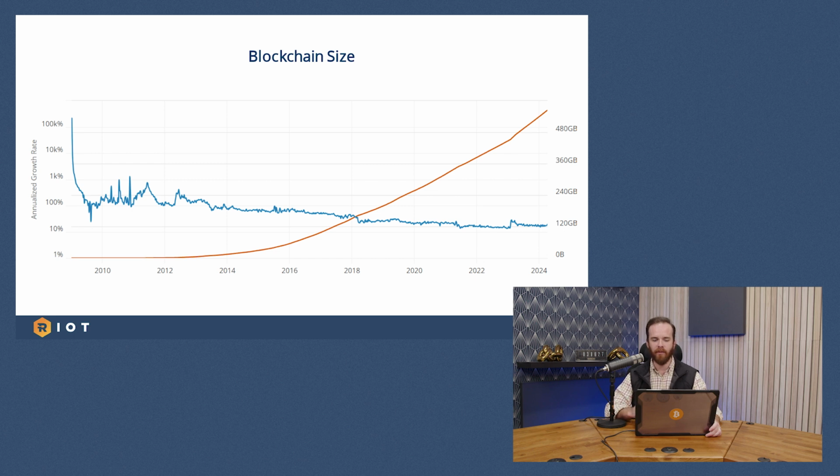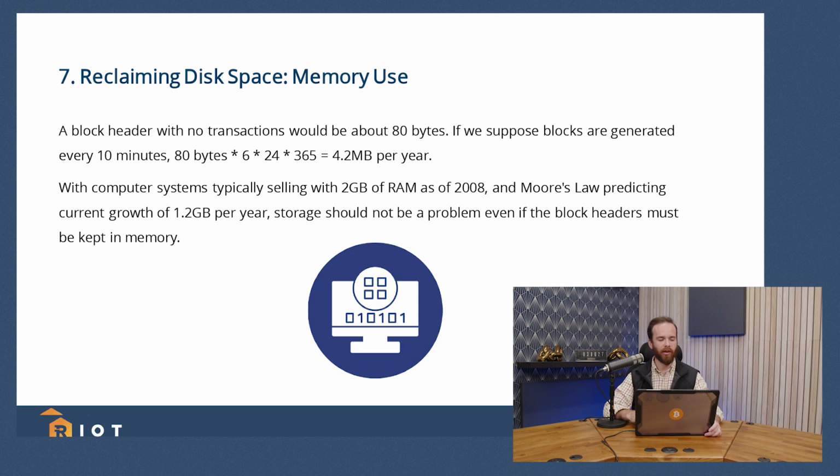But you're still having to download all this data and verify it all. So it usually takes hours to weeks to be able to do that. And as you can see from this chart, it is growing tremendously if you're looking at the slides. It's growing by an annualized 20% is kind of the estimated growth rate of the blockchain. So Satoshi suggested an idea for reclaiming that disk space. But the problem is that even if you can delete historical disk